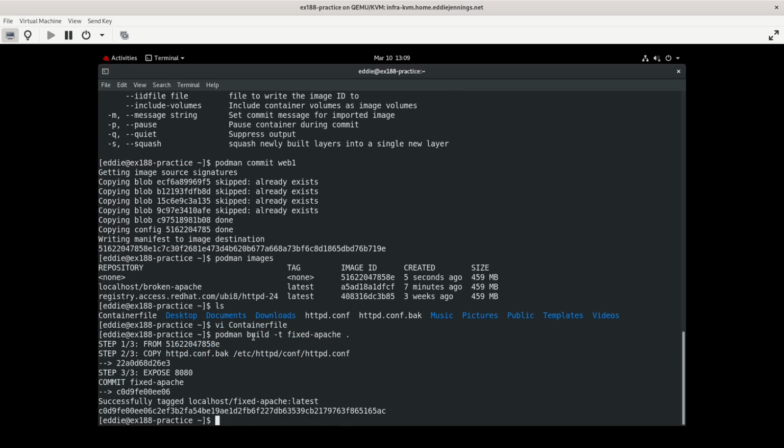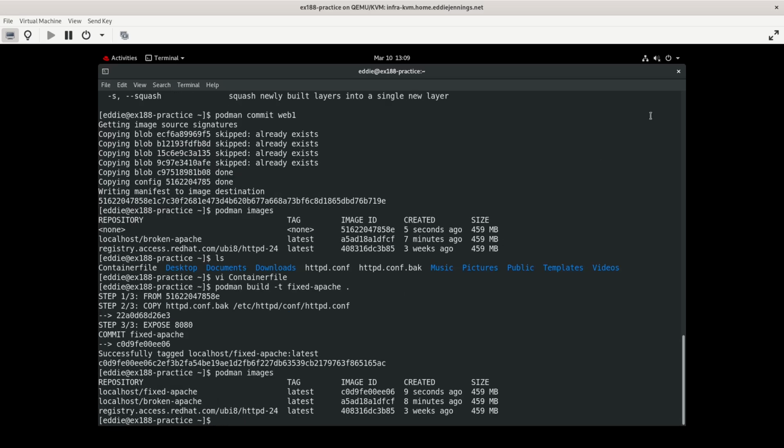Yep, it was able to get that from the image ID. And if we look at our Podman images, I'm actually kind of surprised that image is gone. Wasn't expecting that to happen. But we have our fixed Apache, and let's try to run our, let's see, Podman